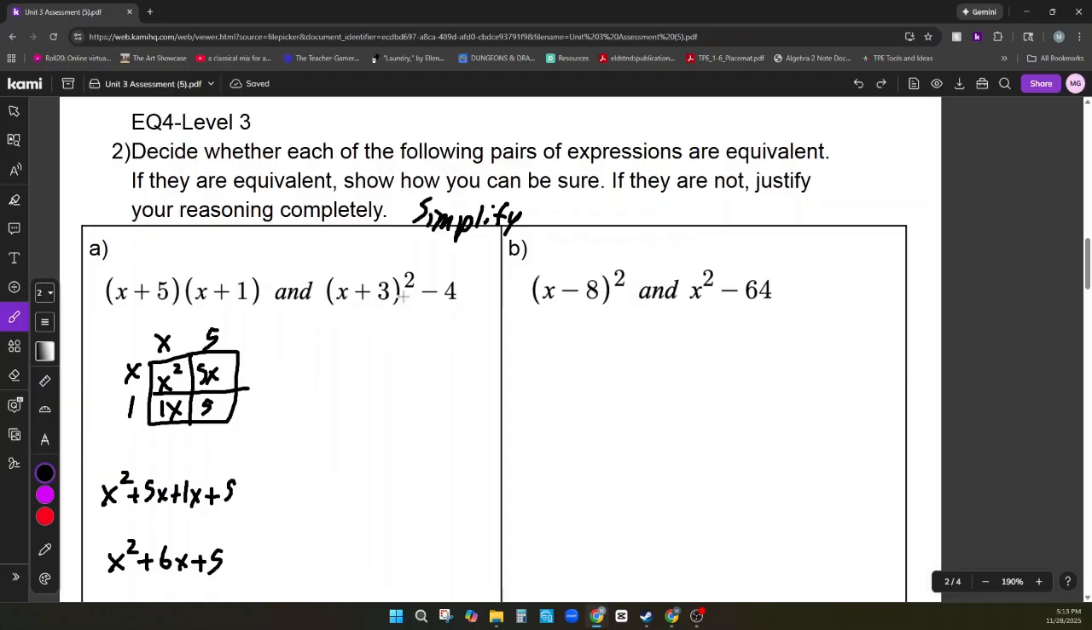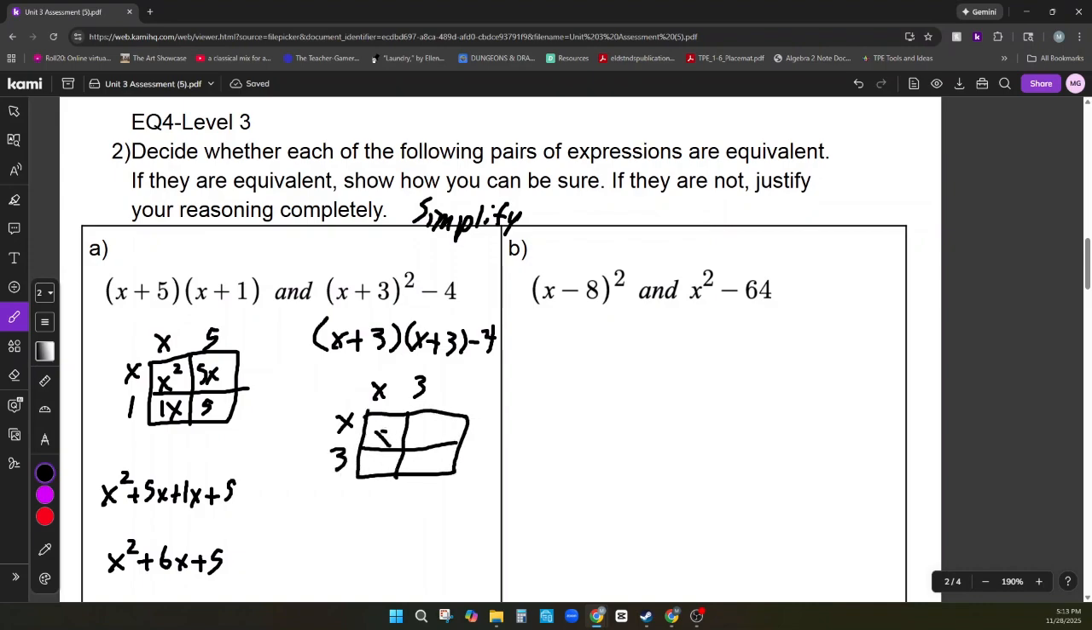Once again, I have two parentheses. This squared applies to the whole thing. I'm going to rewrite this as x plus 3 times x plus 3 minus 4. Multiplying these two parentheses out gives me x and 3 gives me x squared, 3x, 3x, and 9, giving me x squared plus 3x and 3x makes 6x plus 9